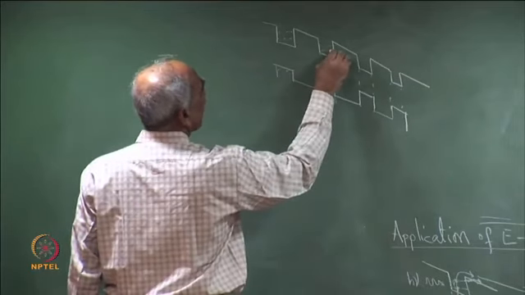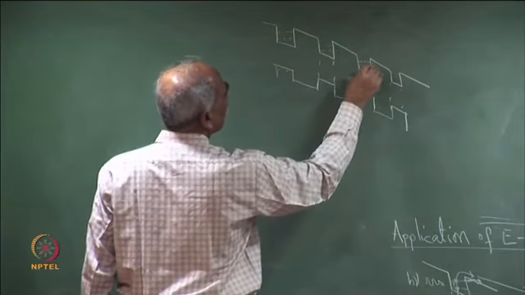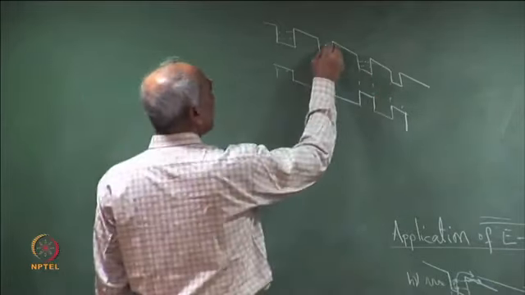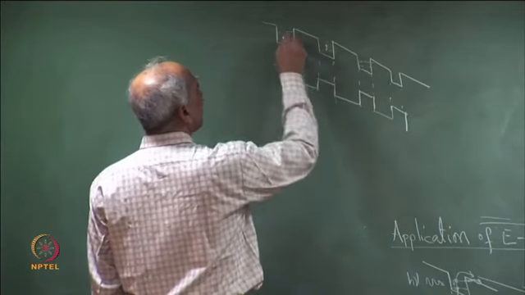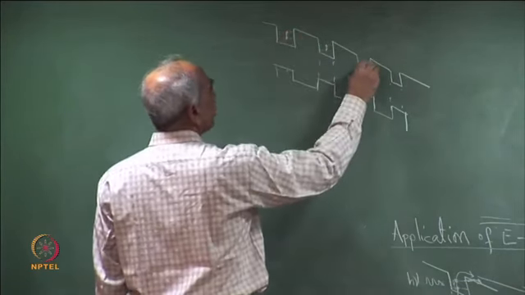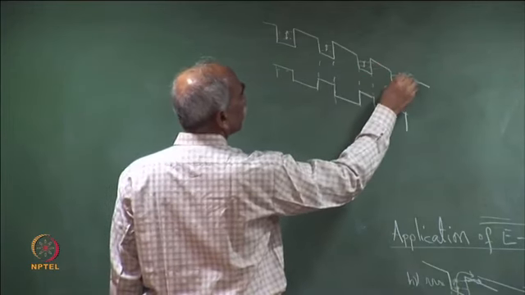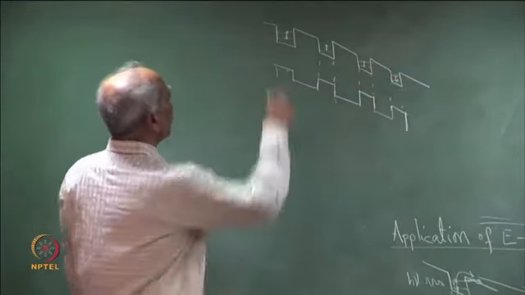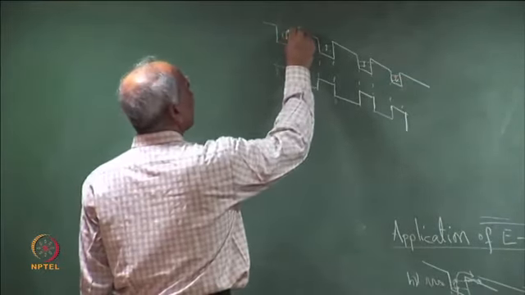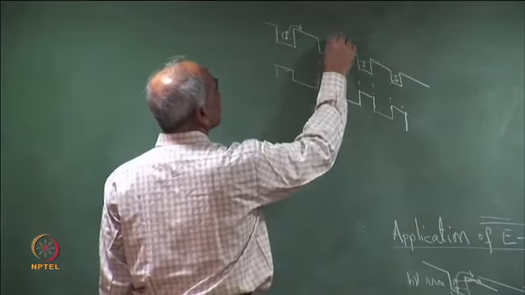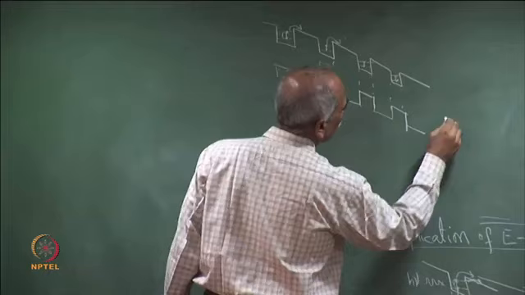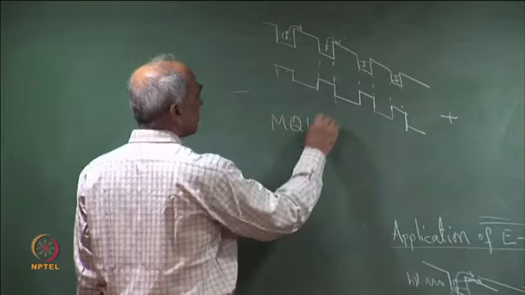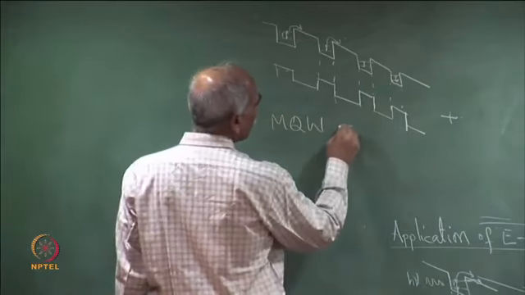In each of the wells we have the same energy difference, provided they are identical. If the well width is the same everywhere, then the energy separation between the two subband levels is the same everywhere, and therefore, a photon of the same energy can be absorbed. So, the electron makes an upward transition and then a transition outward. So, there is an applied potential here, plus and minus. So, this is a multiple quantum well device,